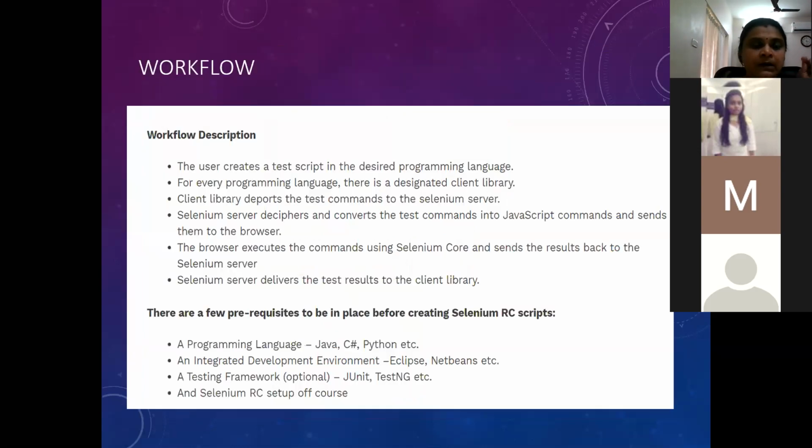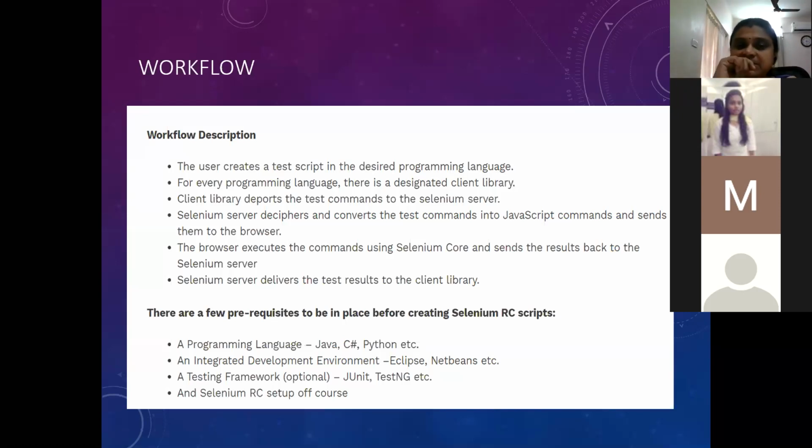So what is this workflow here? We have to understand this workflow so that when we see how it works, it will be clear. First of all, you create a test script in the desired programming language. Let us do it in Java for this demo purpose. Remember, every programming language has its own designated client library. If we are using Java, those Java client library files will deport all these commands to your Selenium server.